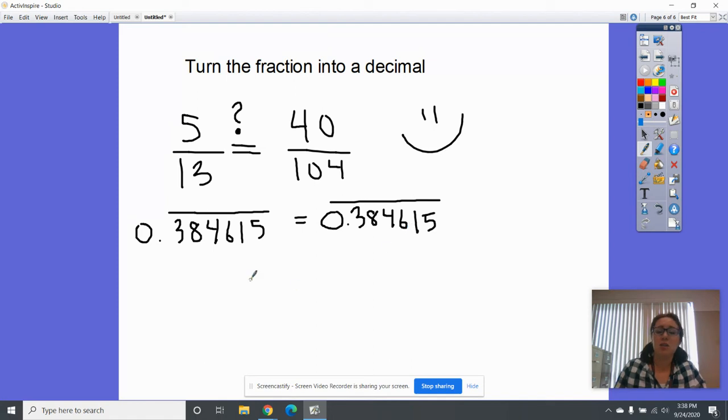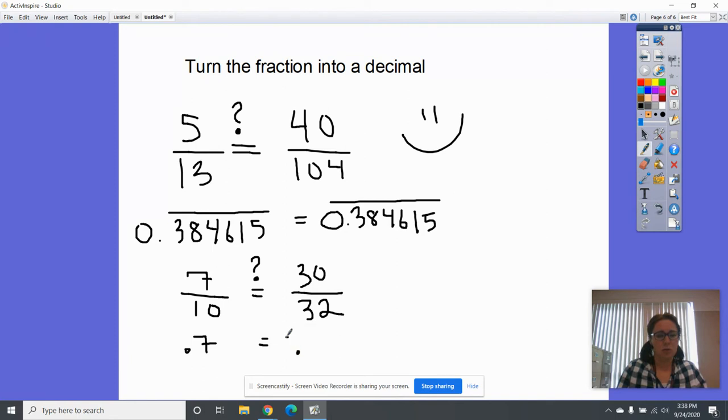Okay, let's look at another example. How about 7 over 10? Is it proportional to, or does it equal, is it equivalent to, let's go with 30 over 32. So I'll do 7 divided by 10. That equals 0.7. And I'll do 30 divided by 32. That happens to equal, well, I'll do a 0 in front,